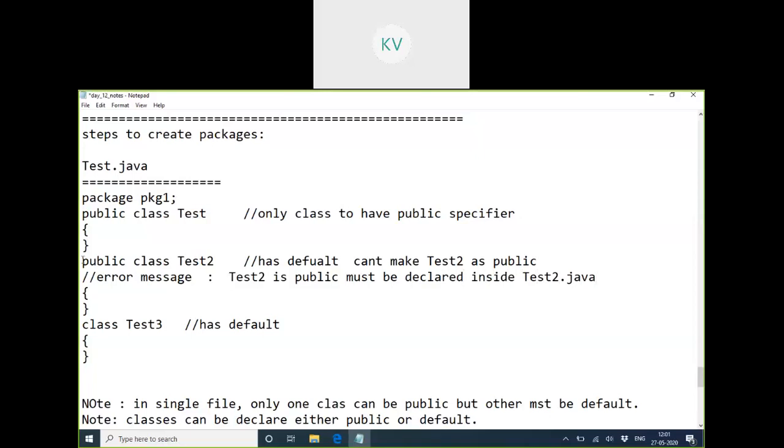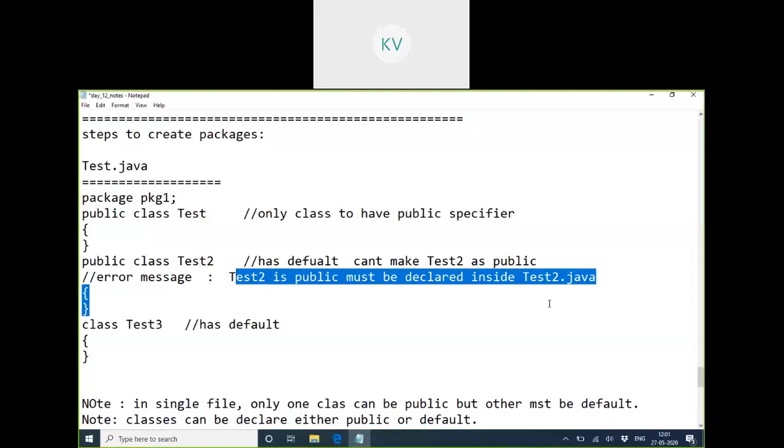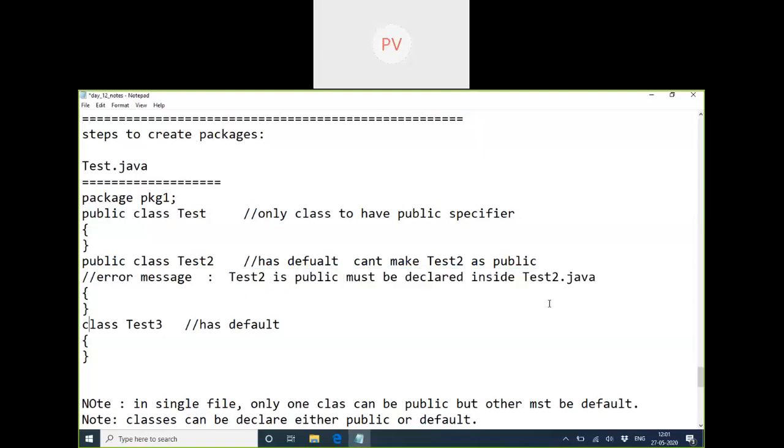If you try to write this as public, you'll get this message. So what is the rule here? It should be declared default.